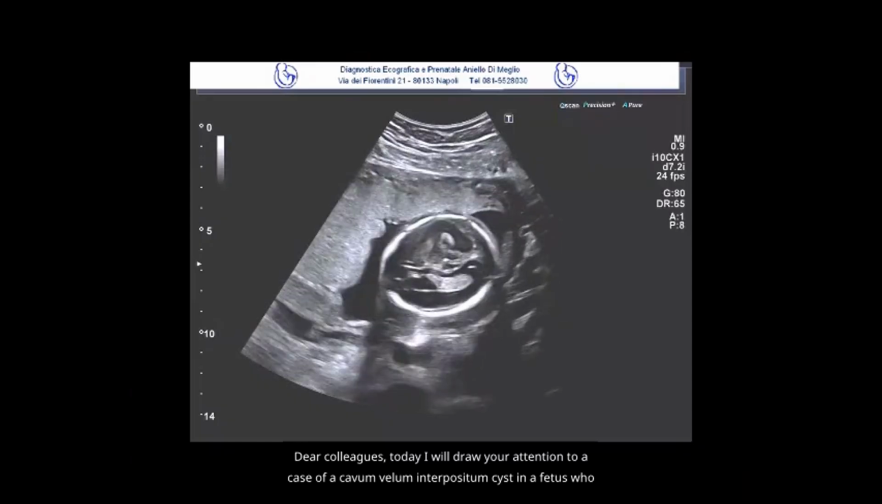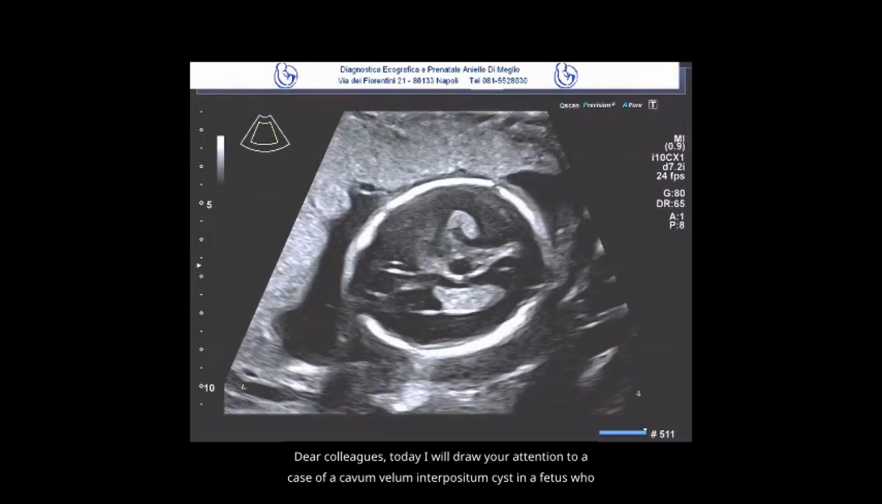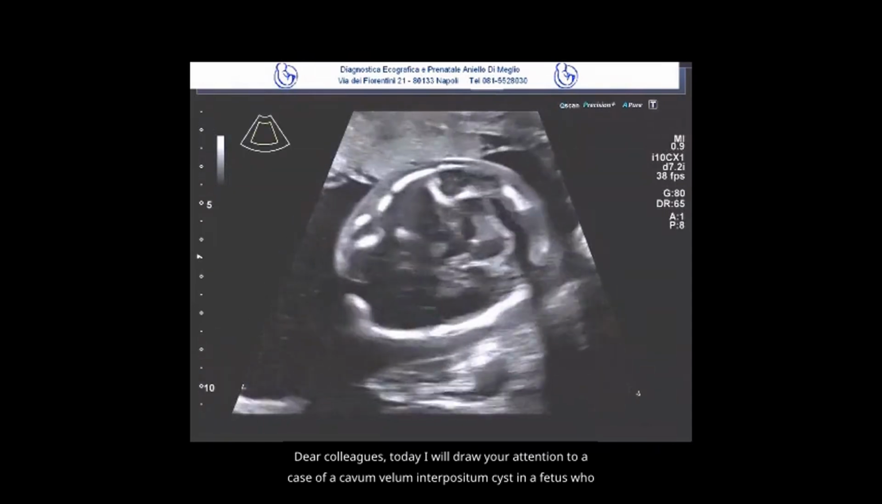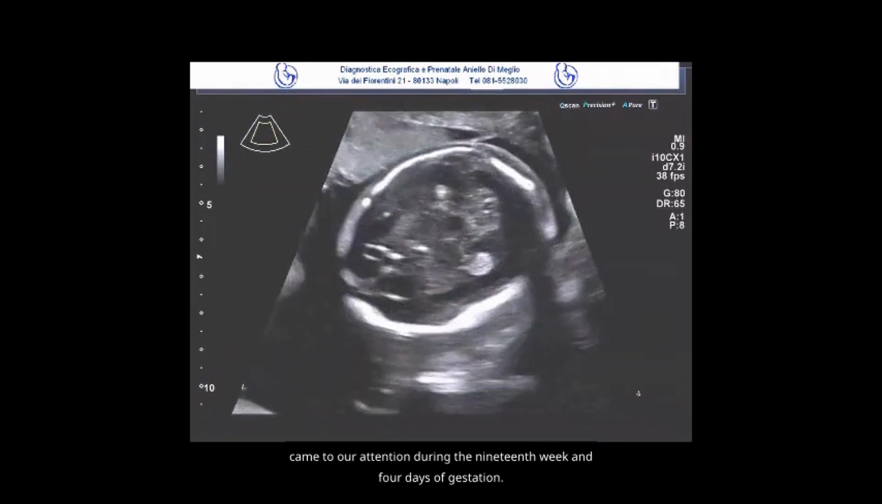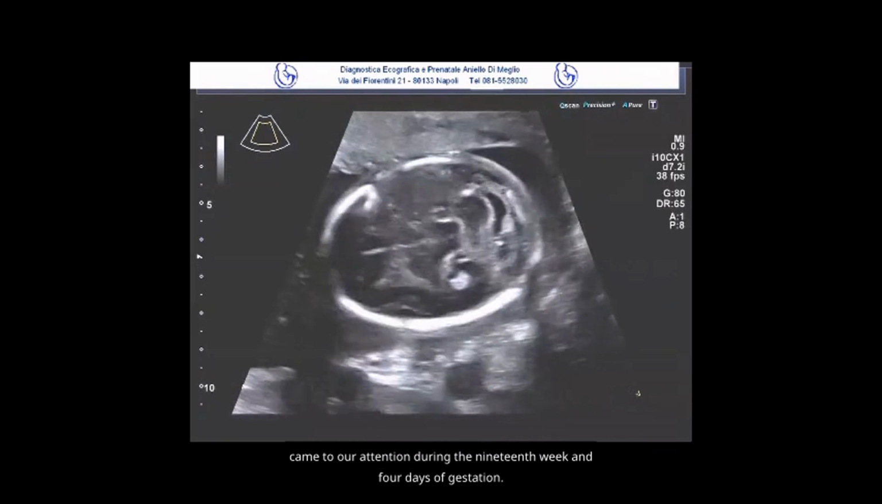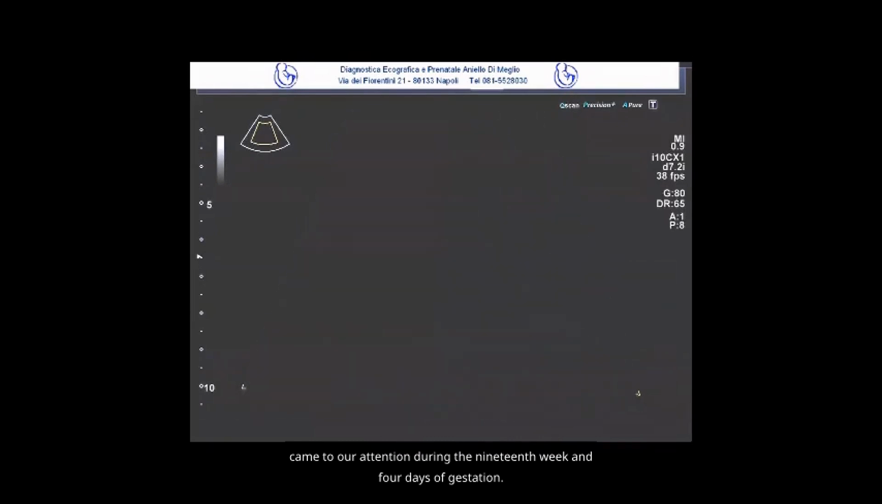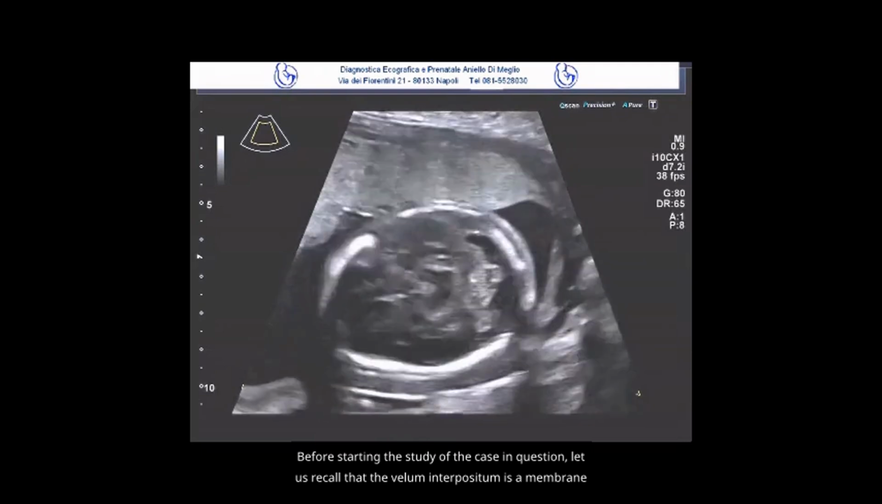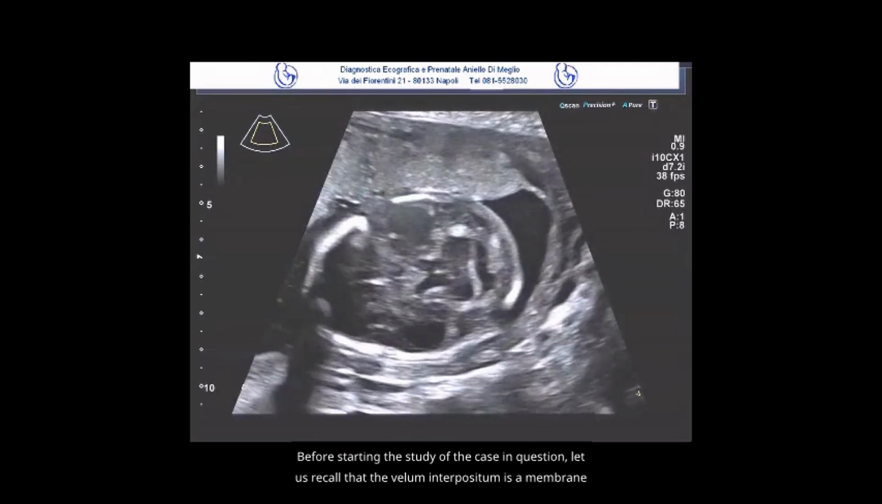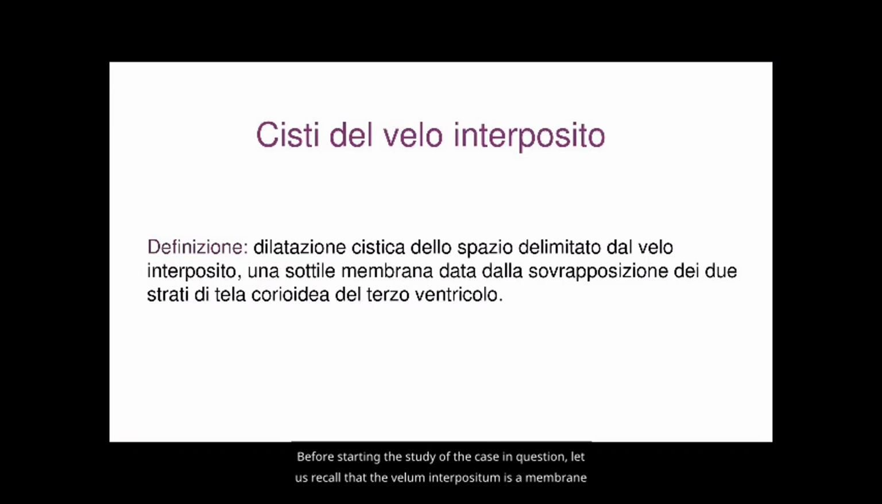Dear colleagues, today I will draw your attention to a case of a cavum velum interpositum cyst in a fetus who came to our attention during the 19th week and 4 days of gestation. Before starting the study of the case in question, let us recall that the velum interpositum is a membrane resulting